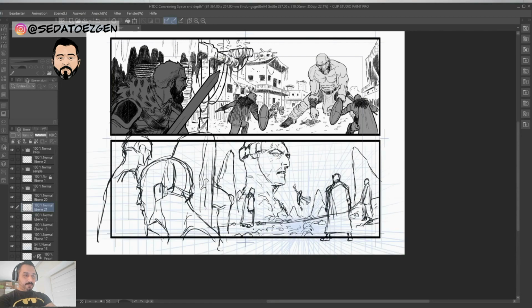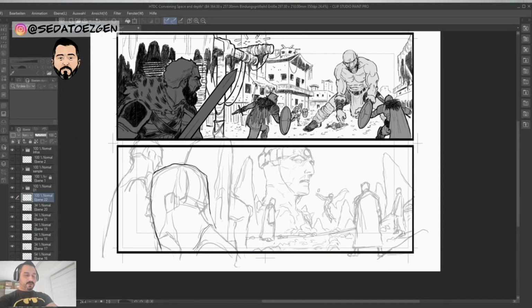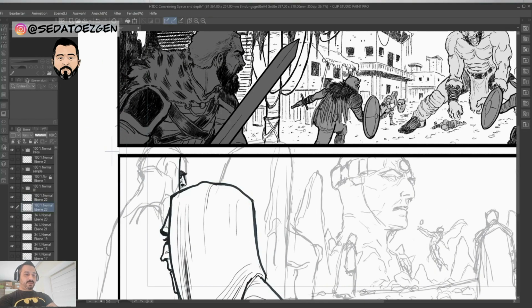And as you can see, I am now almost finished with the underdrawing. I am not happy with how the character turned out in the first attempt, but now I think I have nailed it and made it look kind of cool. And I will make some minor changes here and there, but basically in this stage I have everything that I need for the drawing